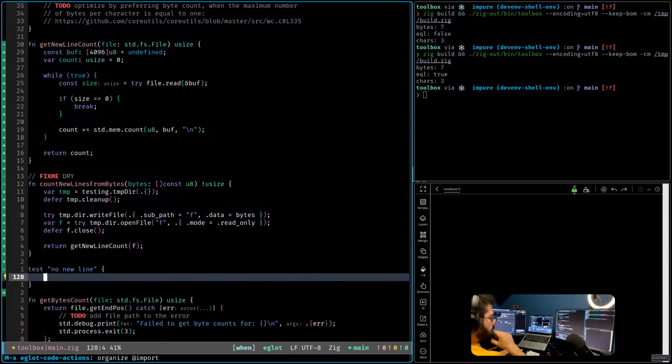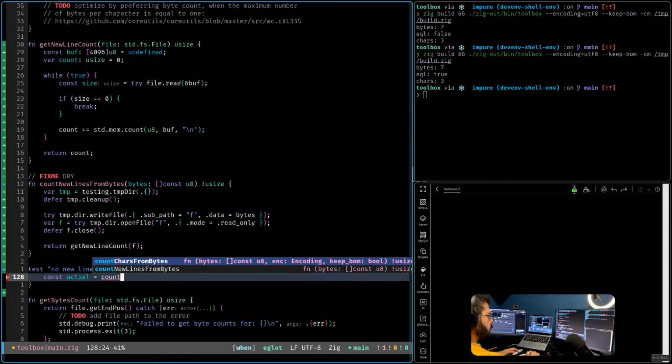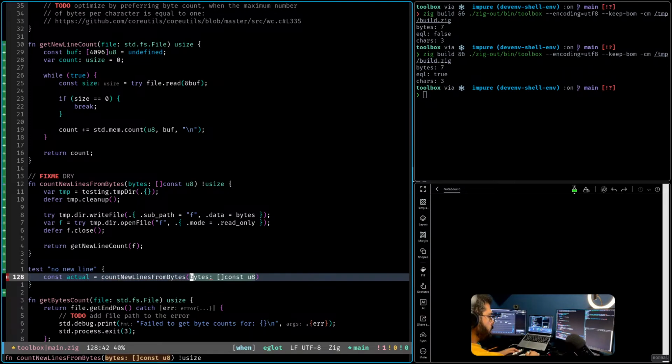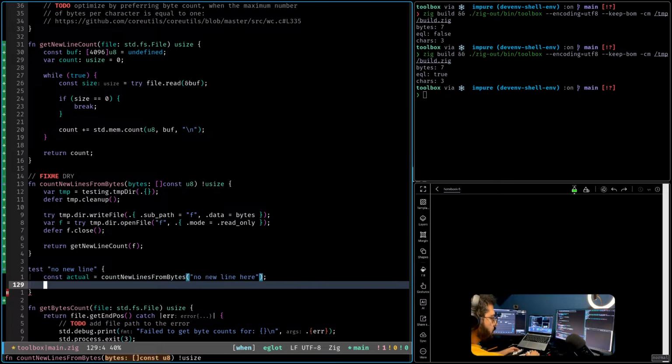And now I can do actual equal to count new line from bytes, and for bytes I have no new line, no new line here, and then try